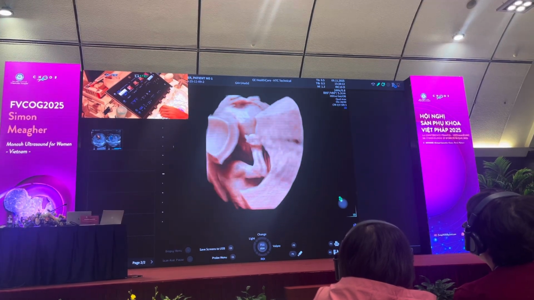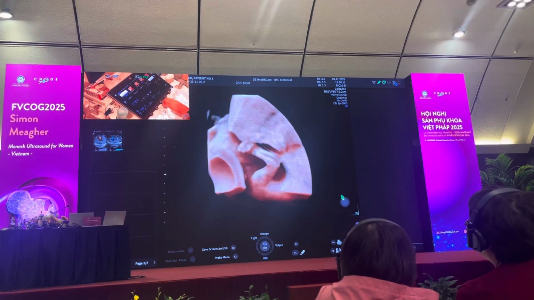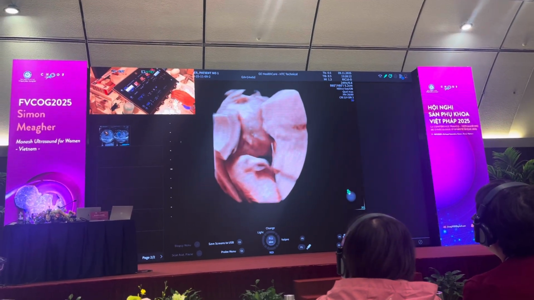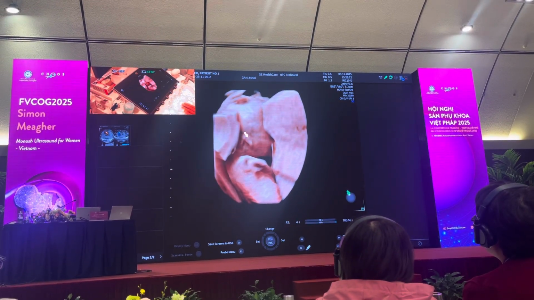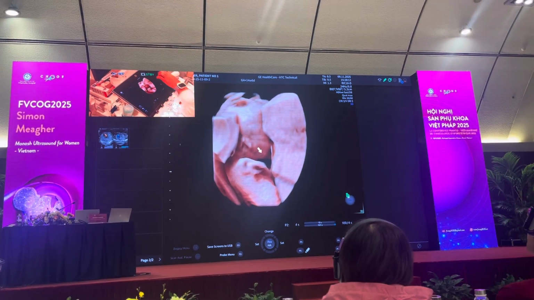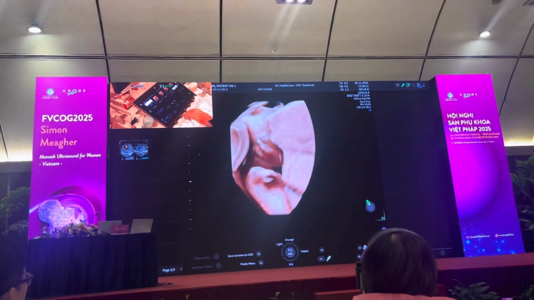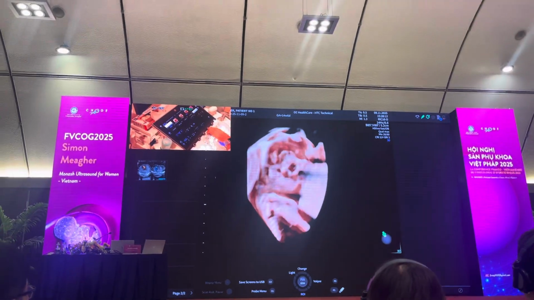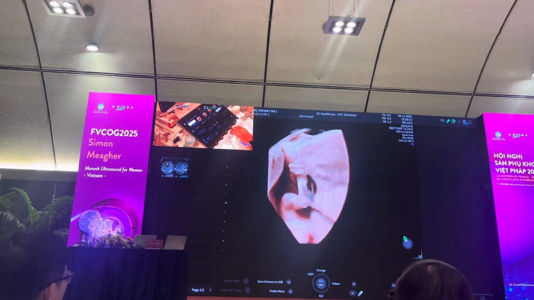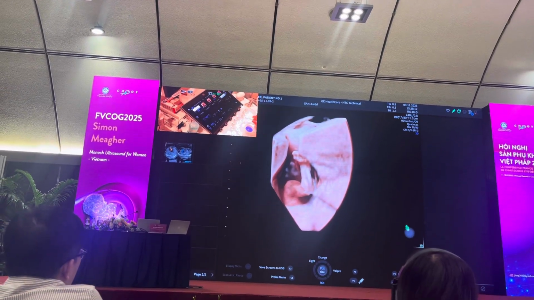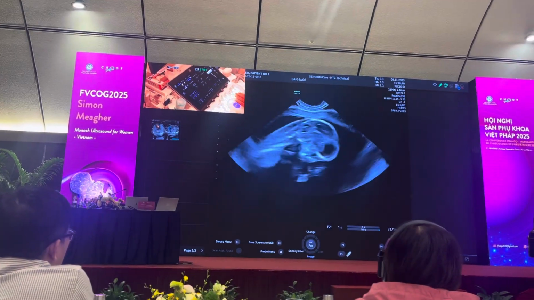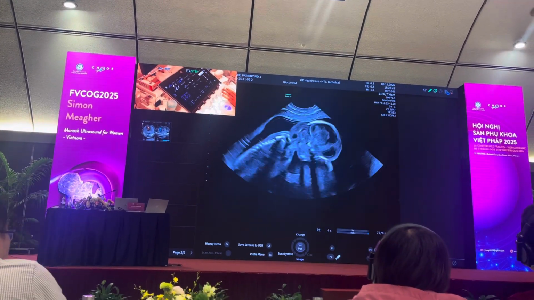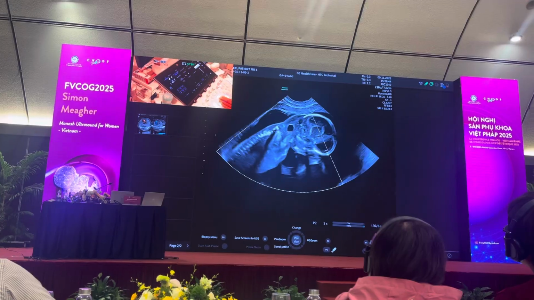What I'm looking at on the side of the ears is to see whether there are any low set ears. As I come across, I just put the edge of the ear coming in here. And I'm looking as I come across the baby and translate to the face to see whether there are any low set ears. Again, low set ears is one of those things that's a feature of many genetic syndromes. So if I come across that in the sagittal section and then come down,